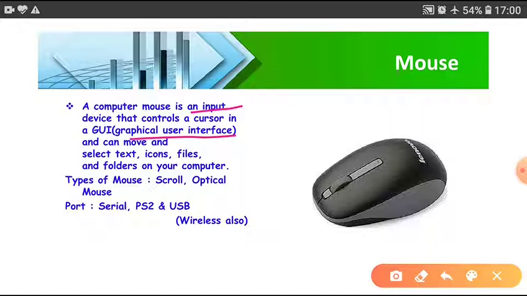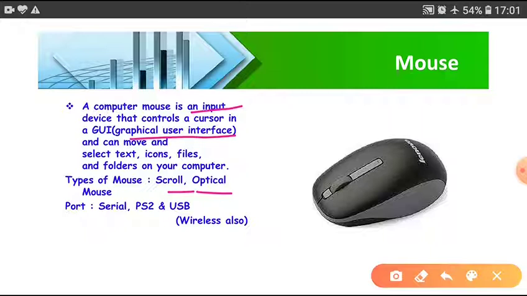Types of mouse: scroll mouse and optical mouse. A scroll mouse means there is concept of ball. On the basis of ball, mouse pointer moves. Optical mouse, there is concept of light.